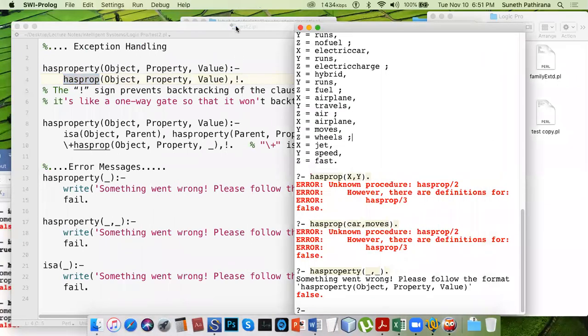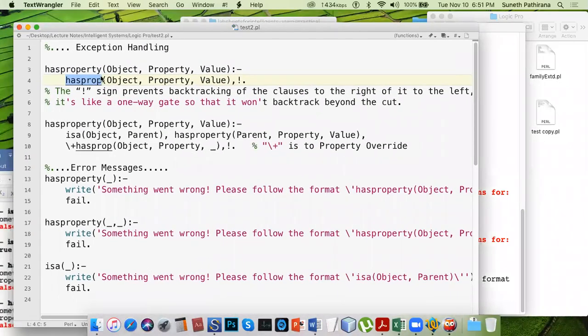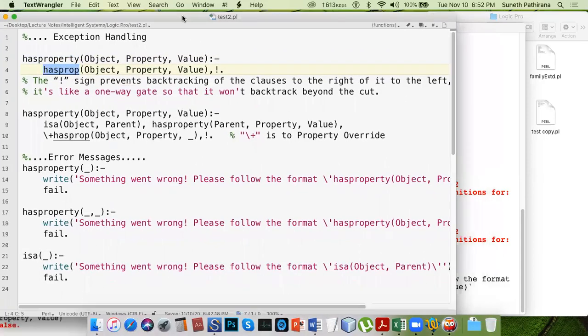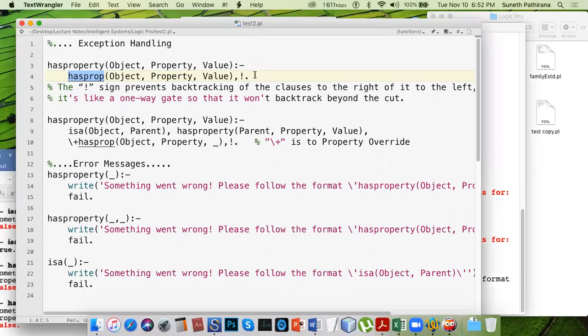I have used two different names here because I want to distinguish, so that if somebody goes through the comments that I have made, it shouldn't be confusing. So this has property and has prop are two different things.